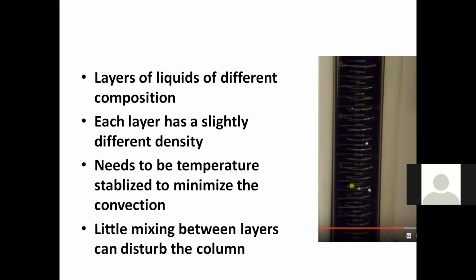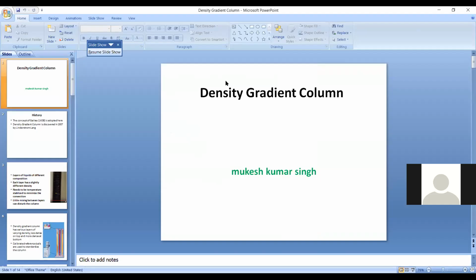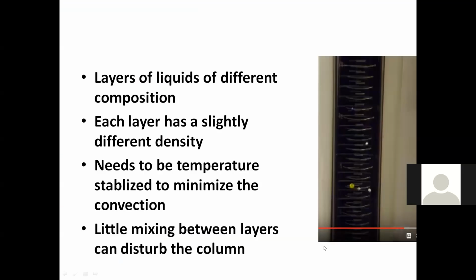Convection is involved when a molecule changes its position from one place to another, and it carries the energy along with it.